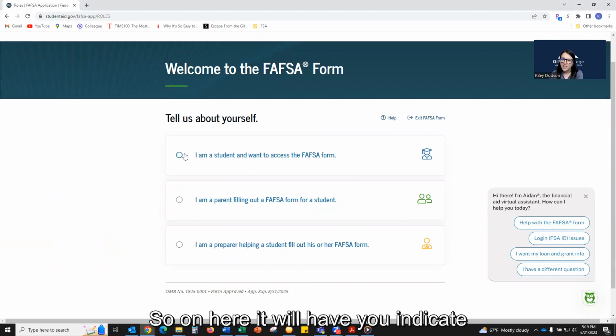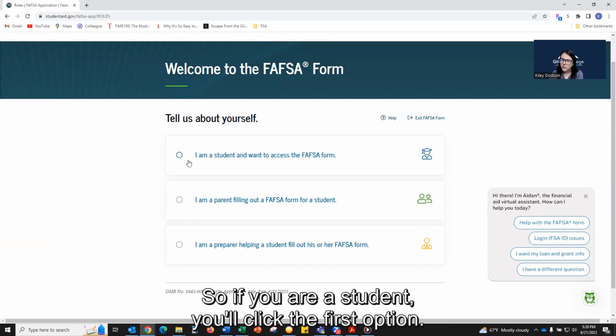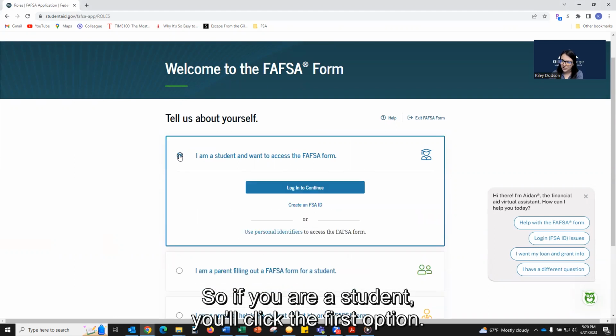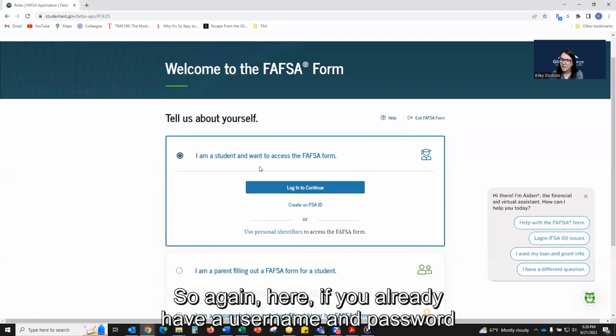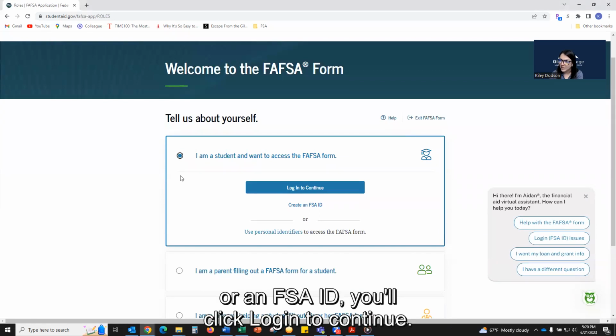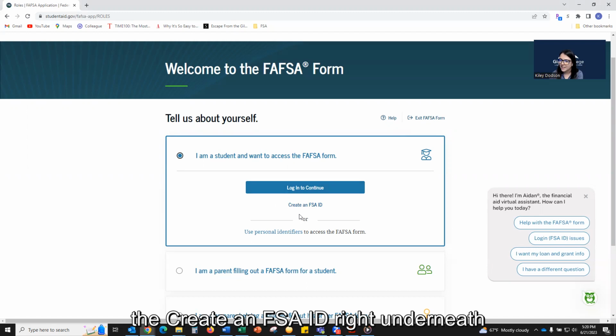So on here, it will have you indicate who is wanting to access the FAFSA form. So if you are a student, you will click the first option: I am a student and want to access the FAFSA form. So again here, if you already have a username and password or an FSA ID, you'll click Login to continue. If not, please go ahead and click the Create an FSA ID right underneath, and that will walk you through